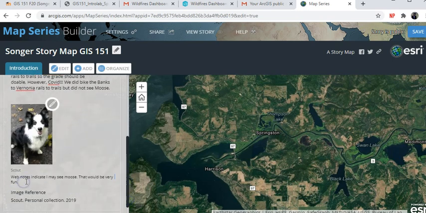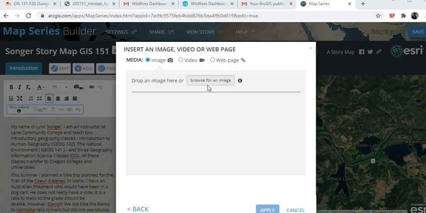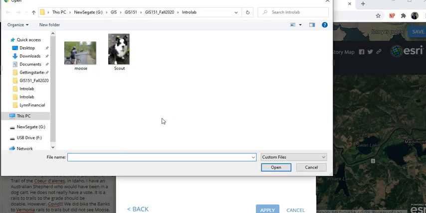Okay, so I'm going to go ahead and capture the moose image. So I'm going to go back, and the nice thing is the browser should remember which folder I was in, so I'm going to grab the moose,